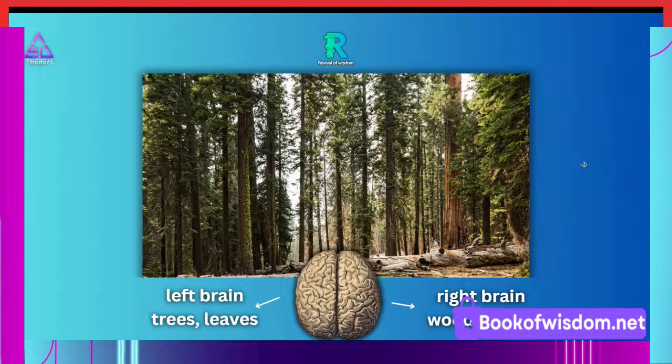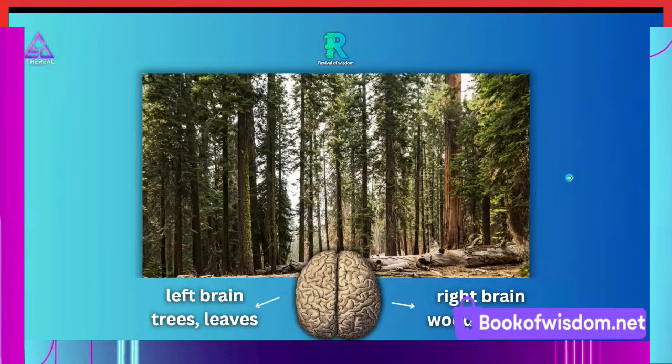So if you're walking through a woods, the left brain sees individual trees. The right brain sees the whole woods. It sees the biome. It sees the bigger picture. So when you are walking through this woods, the right brain picks up a holistic perception of reality. It creates the woods as one unified woods. The left brain's job is to break this down and analyze it so that we can see individual things. And this is also necessary for humans to have the ability to break things down and manipulate things in this world. So without this left hemisphere, we could not manipulate things and break things down.